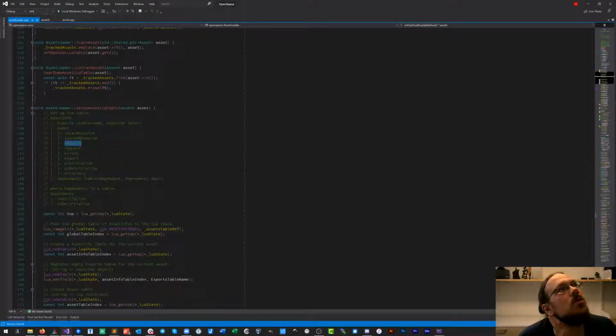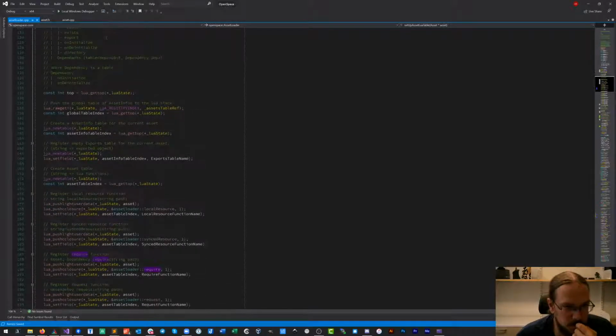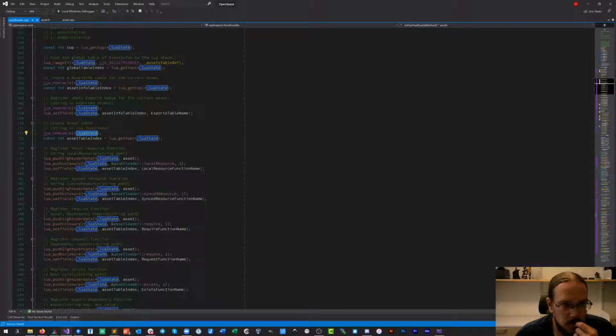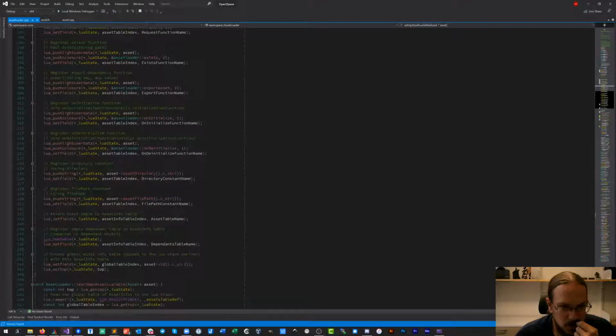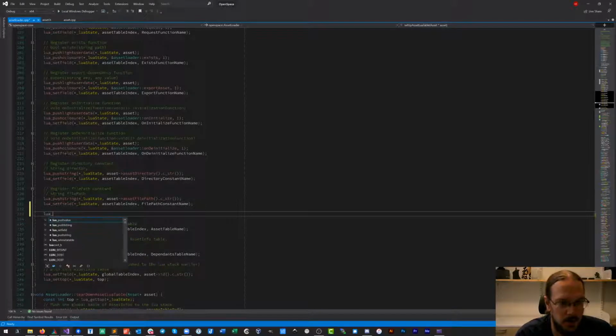So we actually want to be able to set that in here. So we set our table, setting our indices. Let's check where we can do that. I guess we could try that down here, where we want to push a Boolean onto the Lua state.